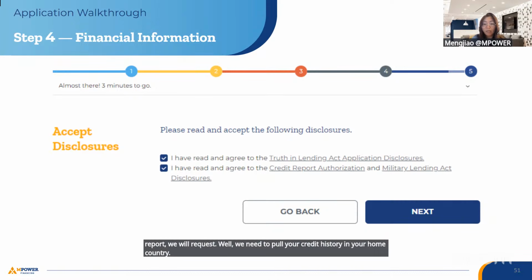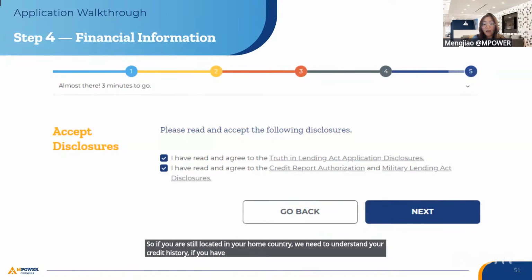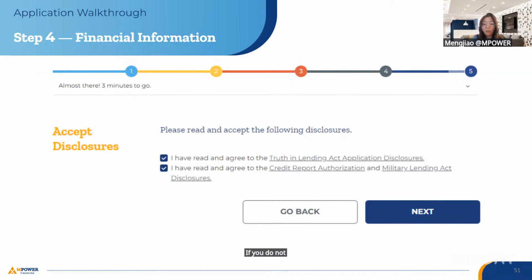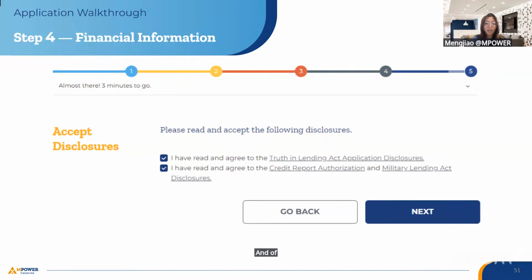Of course, it might not be applicable for all countries, but in certain countries. If you're still located in your home country, we need to understand your credit history if you have any. If you do not have any, then the report will come back as not found. So we can still proceed further, but you will be required to complete it. And of course, the Military Lending Act disclosure.